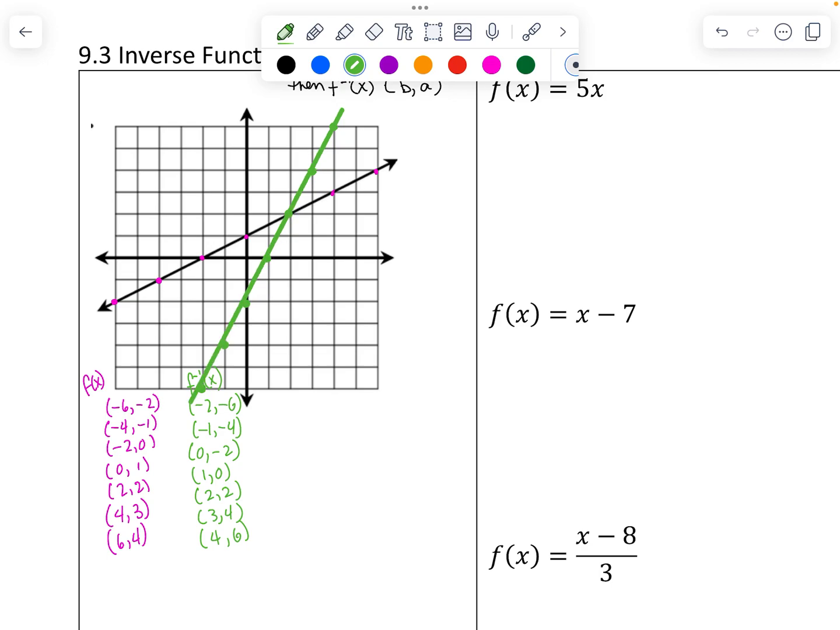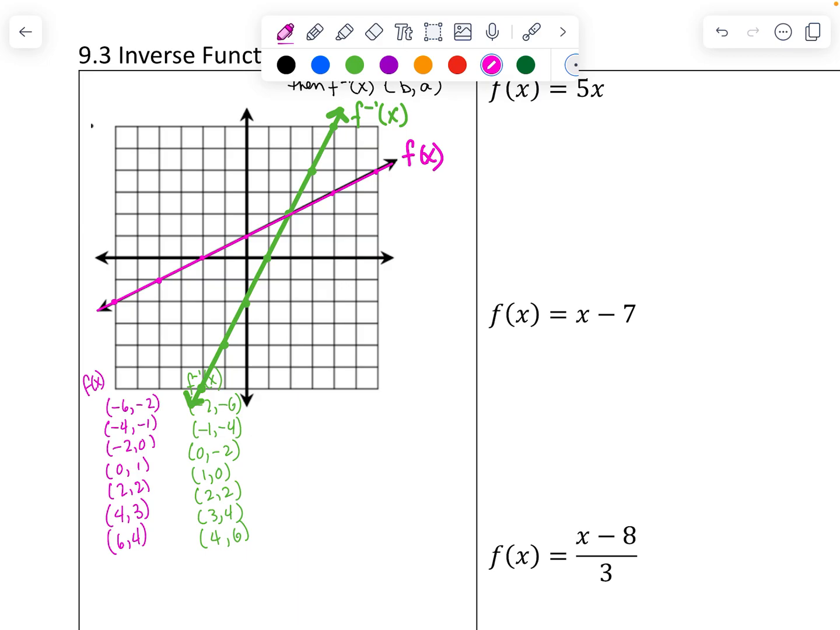this line is the inverse. So this would be called the inverse of f of x, and this line would be called f of x. And so the green line is the inverse of the pink line,